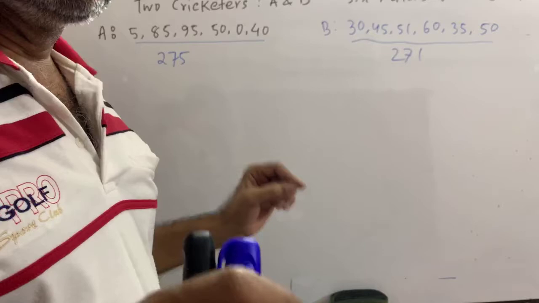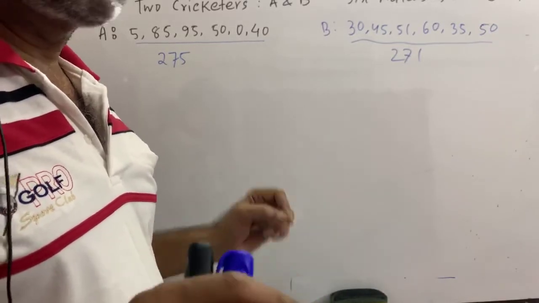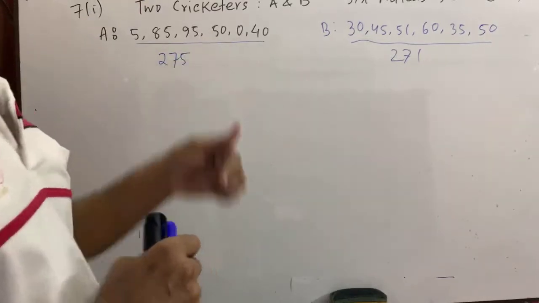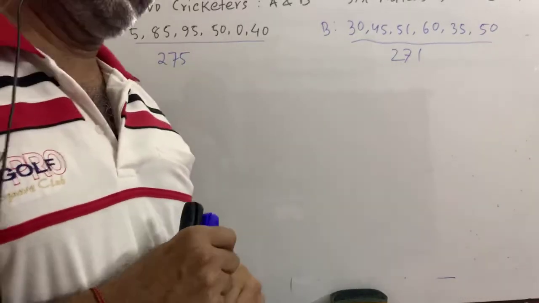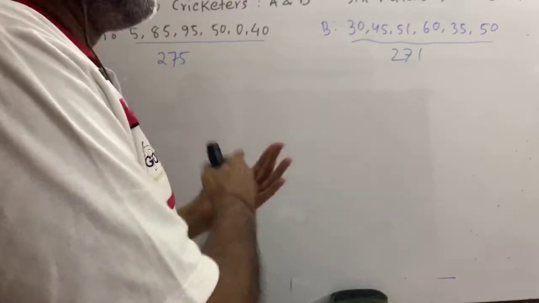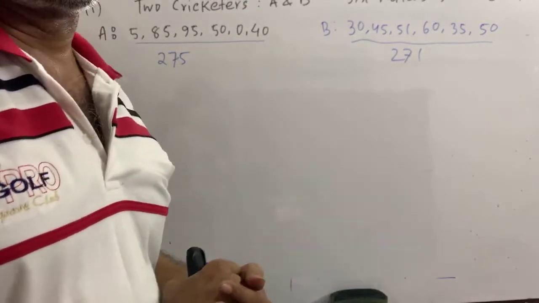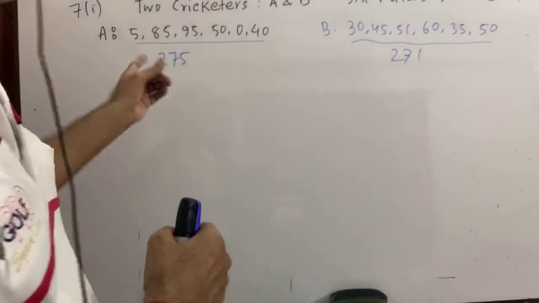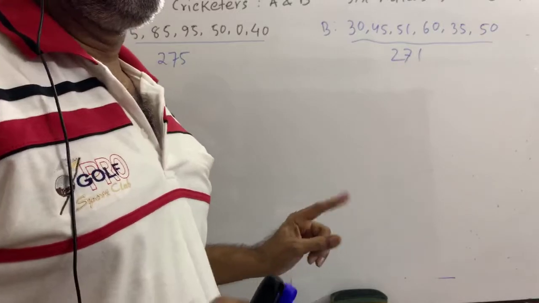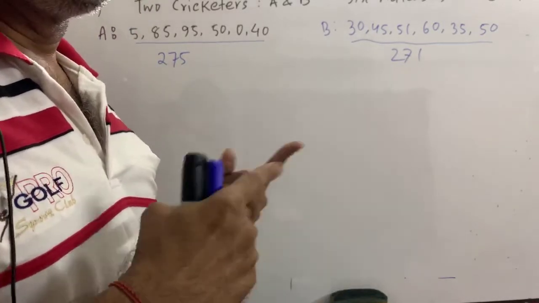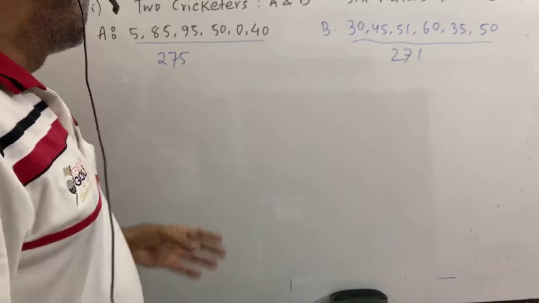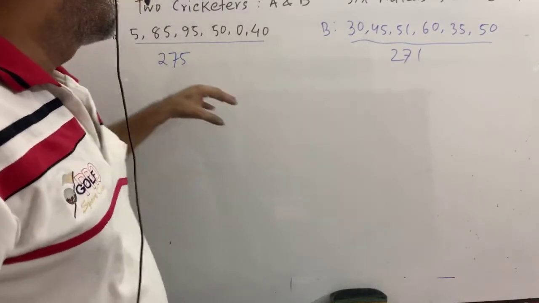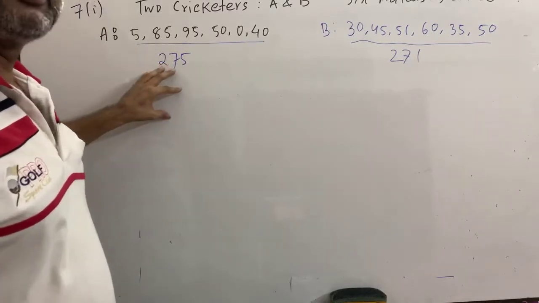we have to do the maths. Who can be selected? Now we are going to do the math. Out of these two cricketers, who can be selected? I will give you the explanation. I am not telling you that A or B will be selected. After doing the math, I will explain who will be selected. You see the difference between their scores is 4, and A is ahead here, right?